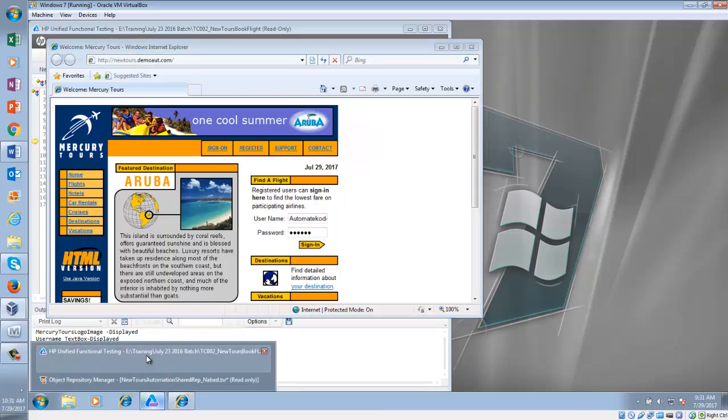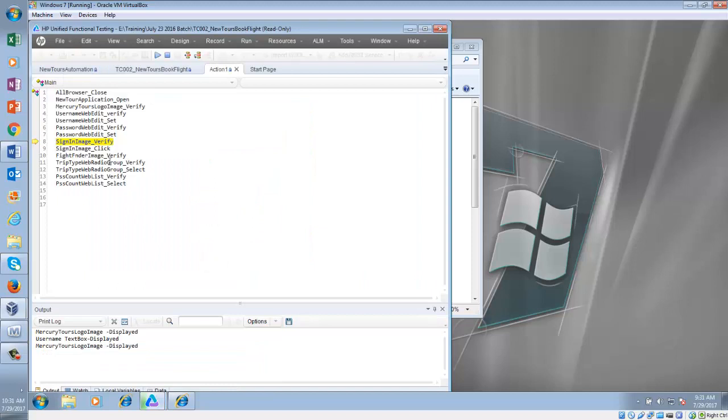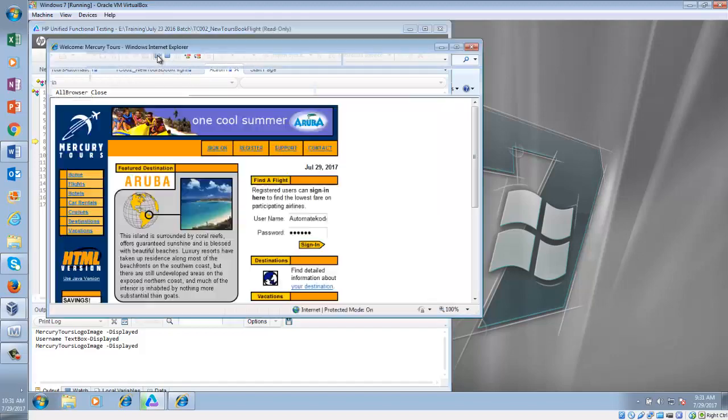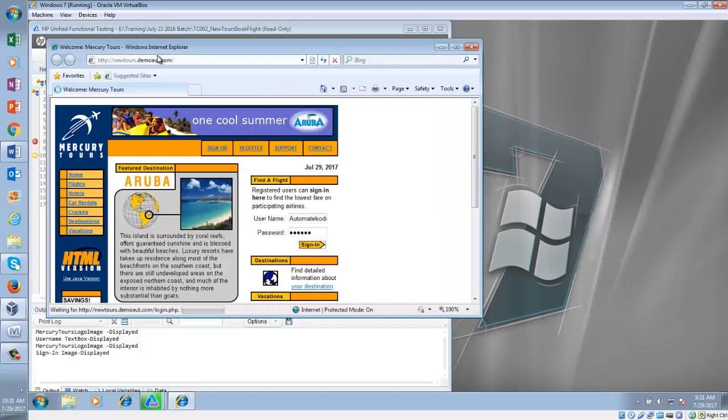Now let me see what is happening up there. So the sign in image verify, it is waiting. Oh, probably because of the breakpoint. That's fine.